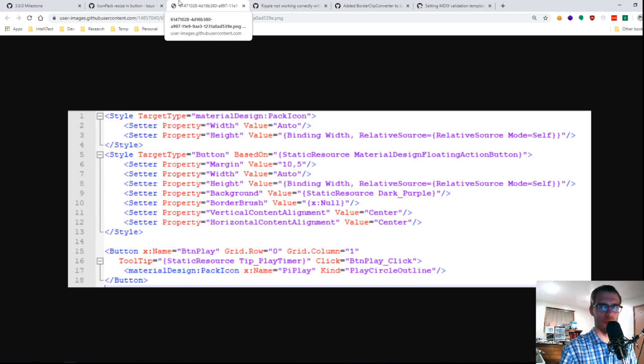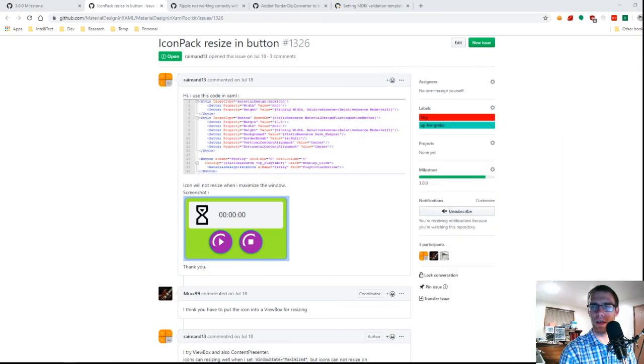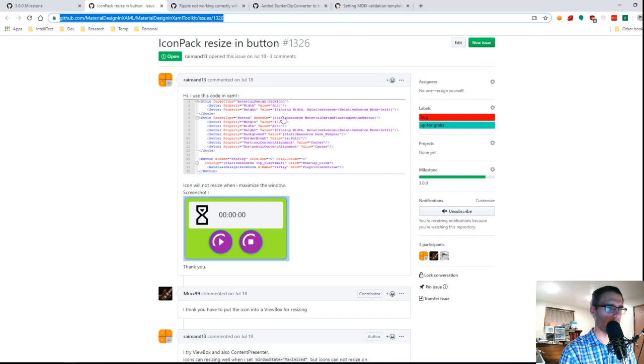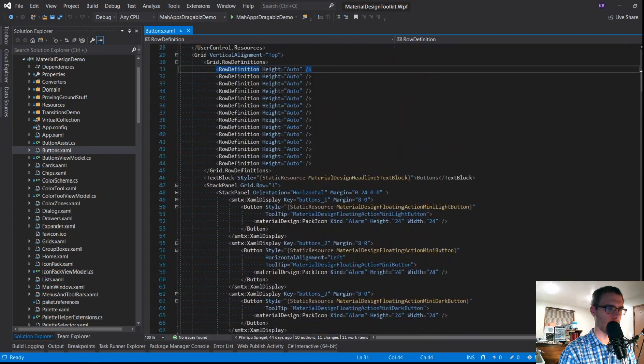So let's go through and take a look. Let's see if we can pull this in. I want to get us into a reproducing state. I'm fairly confident that the issue is that most of these things aren't actually needed. So I'm going to bring this guy off to the side here, where I can keep looking. For anybody following along, this is issue 1326. So let's go through and get ourselves into that situation.